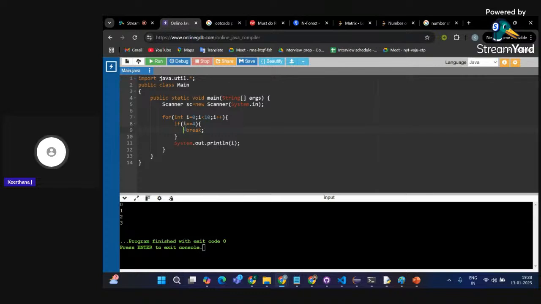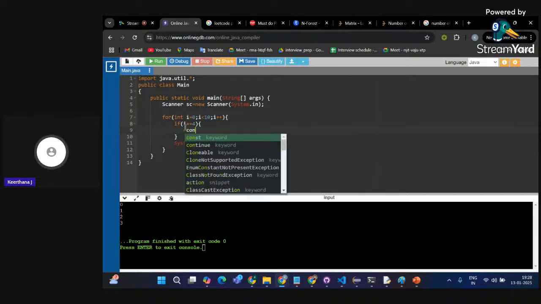Whenever the control encounters a break statement, it jumps out of the loop. The loop gets terminated there and then itself. So when my i is 4, my loop breaks. My loop gets terminated. This is all about the break statement.